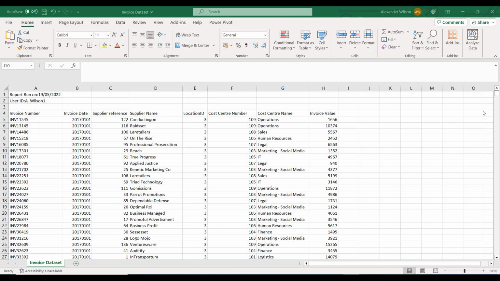Now let's have a look at the actual data itself. What is this file showing us? So this workbook is a report straight from our accounting system, showing a listing of invoices for January to April. Our first column is a list of invoice names that our accounting system has given to our received invoices. And that's why if you whiz down the list, then you'll see that they all start with the prefix INV.